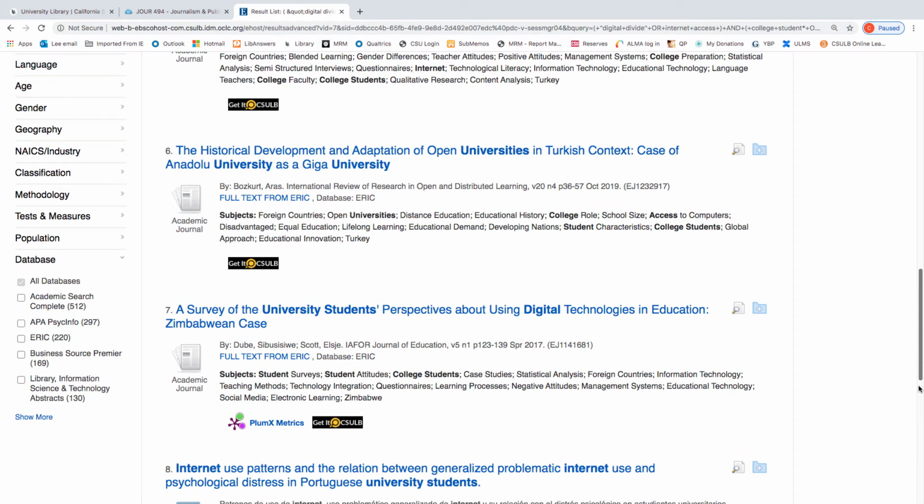Then we're going to go down here to the bottom, and because we did a search in multiple databases, I'm interested in seeing where most of the articles are showing up.